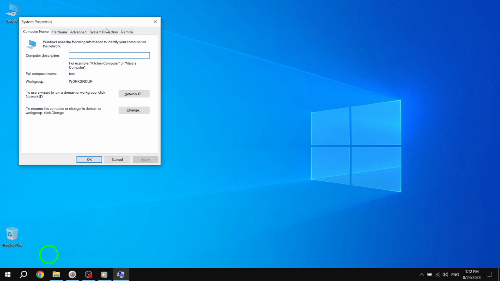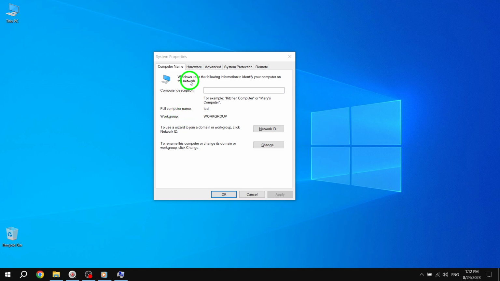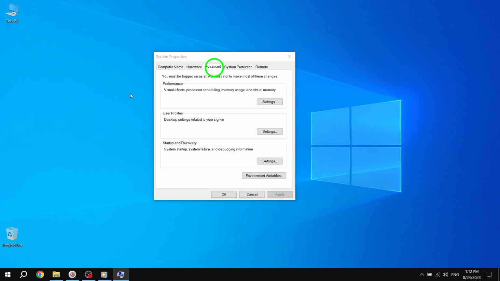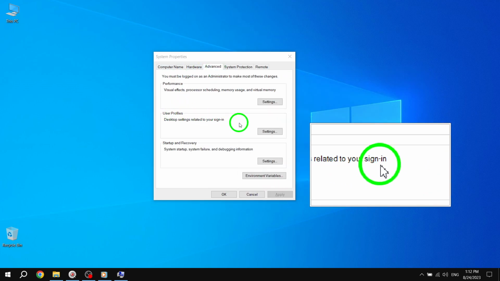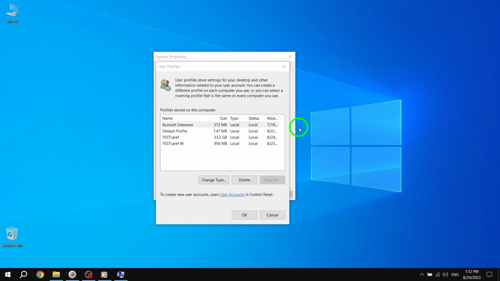Step 2. In the System Properties window, select the Advanced tab, and then click on Settings under User Profiles. Step 3. Now, select the profile of the user account that you want to delete and click on the Delete